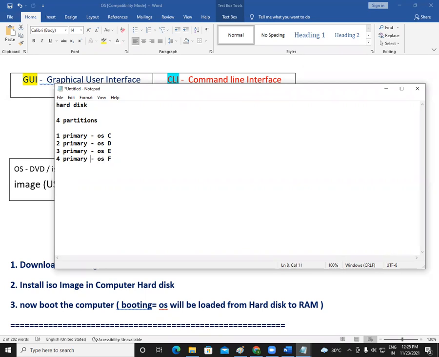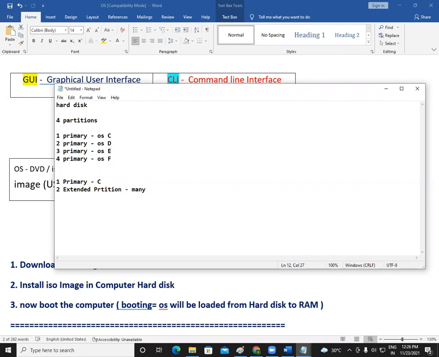But when you see your computer here, friends, in the majority of computers, one primary partition will be there, which is C. There is only one operating system running in your machine, right? Whether it is your machine or my machine, there is only one operating system. So this one primary partition is C. Now the second partition is actually called an extended partition.